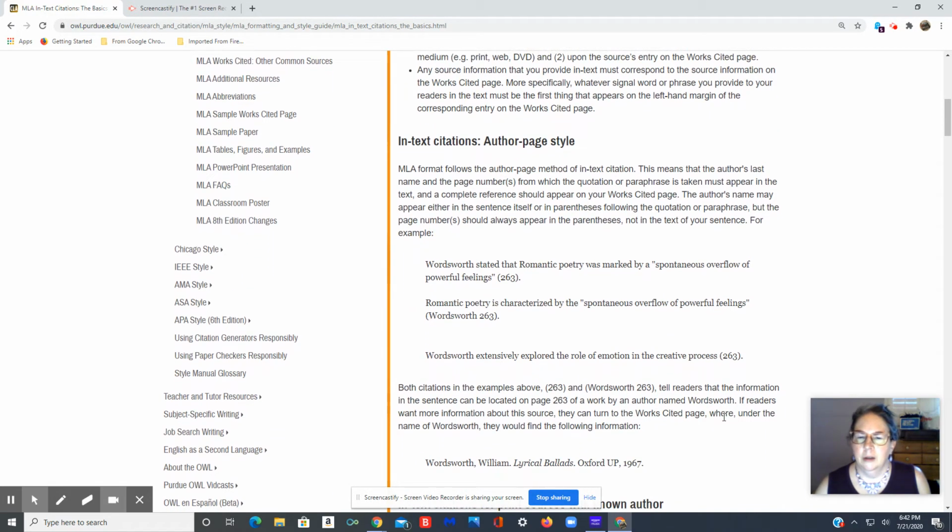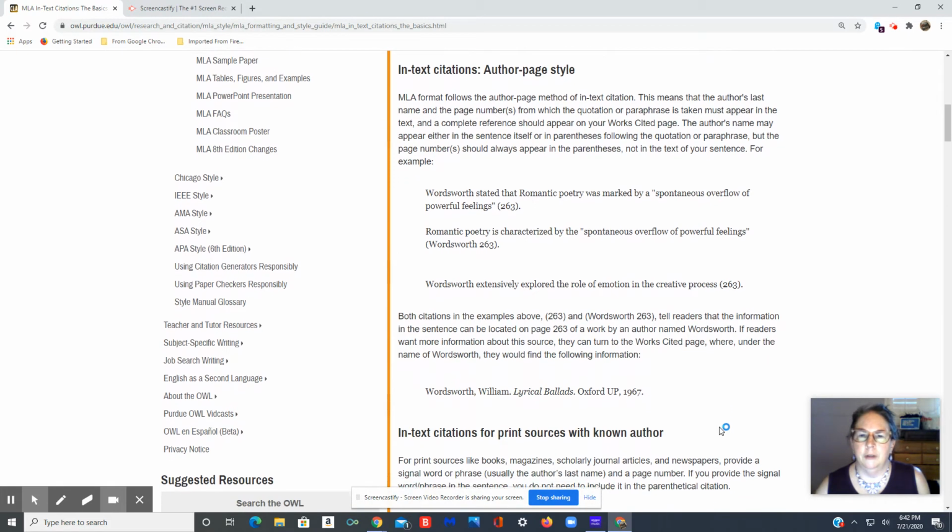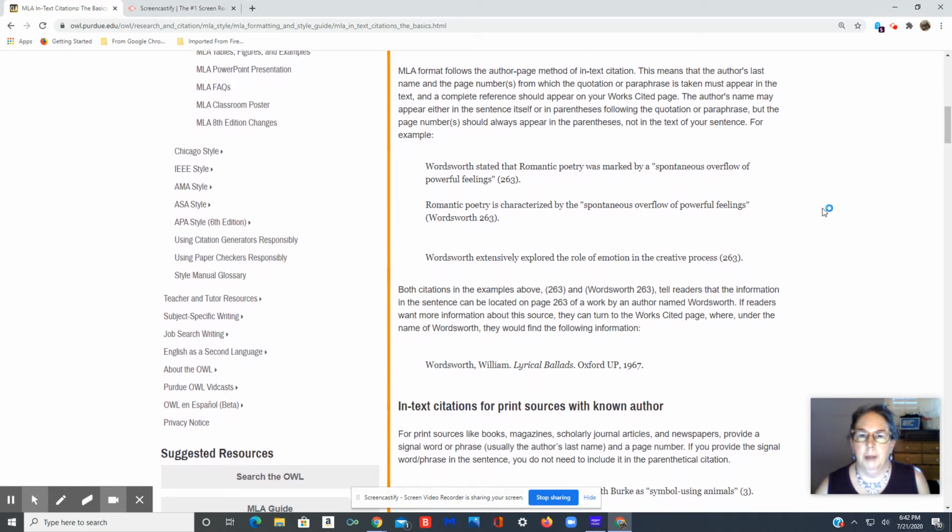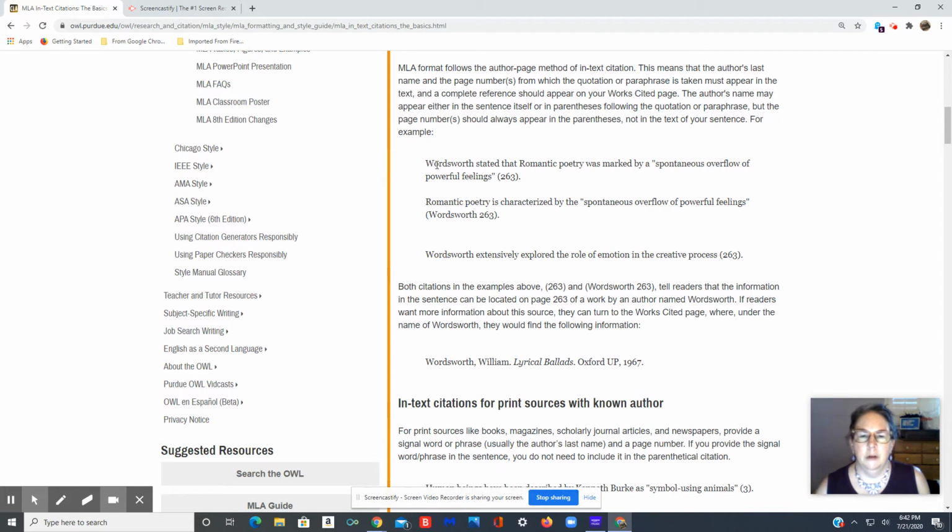Okay. So here's a few different ways that you could do it. It's called the author page method. You could mention the author in the beginning and then the page number at the end, or you could just have both at the end. Also, notice here that this direct quote is not a complete sentence. It doesn't have to be a complete sentence. In fact, it's better if you don't have a complete quote all the time because it takes up a lot of space with someone else's words. You have to make it work with your sentence, though. It has to flow into it grammatically and smoothly.